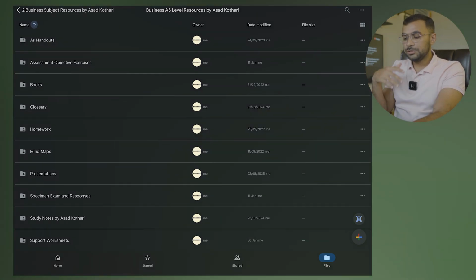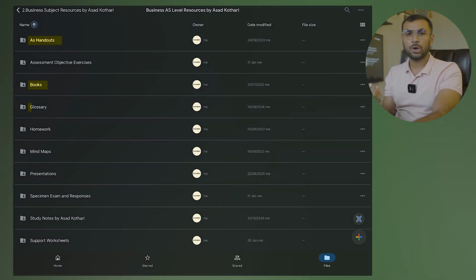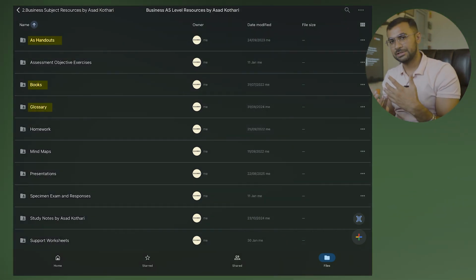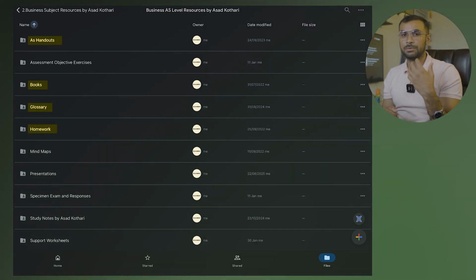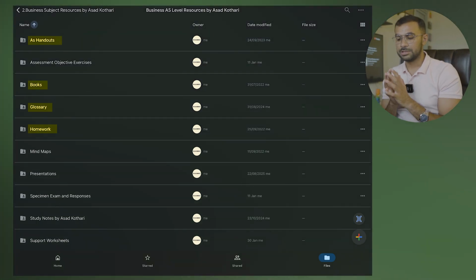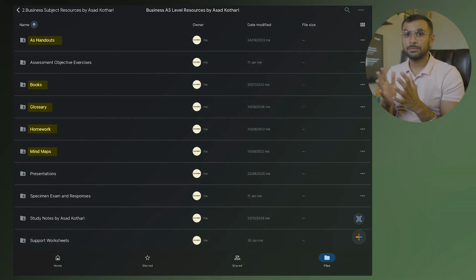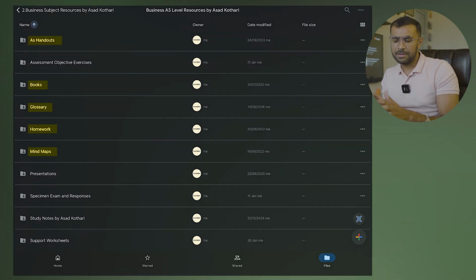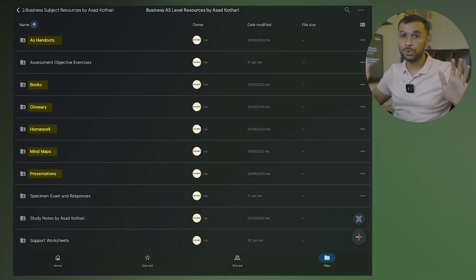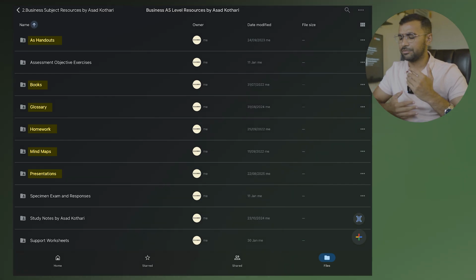Again, how do we use these resources? I will tell you more about it, but these resources have multiple options. You have your handouts, we have our official Peter Stimpson book, then we have our glossary, which includes the key terms and the definitions. Then we have our homeworks, because on every chapter you will have to complete a specific homework, and that will be in this particular homework related folder as you see on the screen. Then we have our mind maps that summarize the entire chapter. We have our very well designed presentations for our entire course, and these presentations are a very visual and appealing way to revise the content.